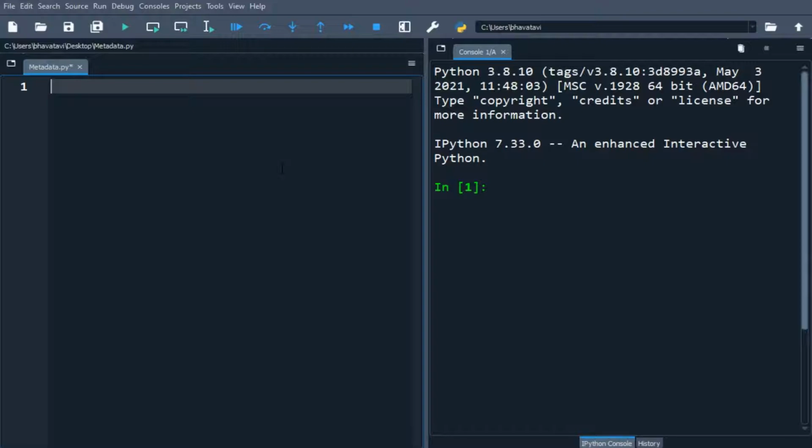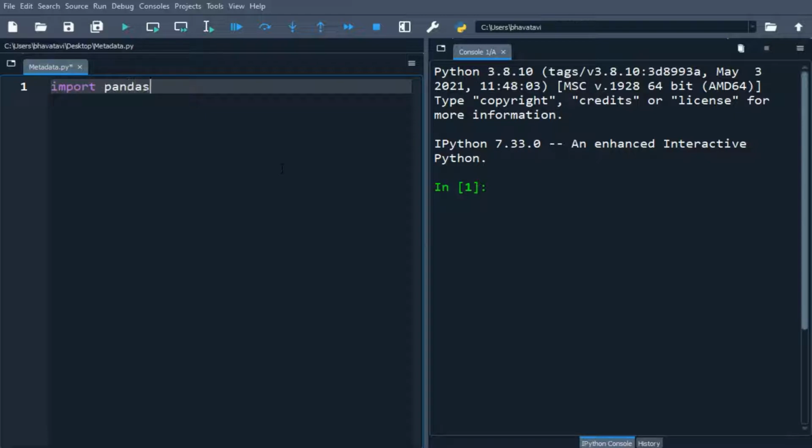In this video we will learn about DataFrame metadata. Sometimes we need to get metadata of the data frame and not the content inside it. Such metadata information is useful to understand the data frame as it gives more detail about the data frame that we need to process. So let's import